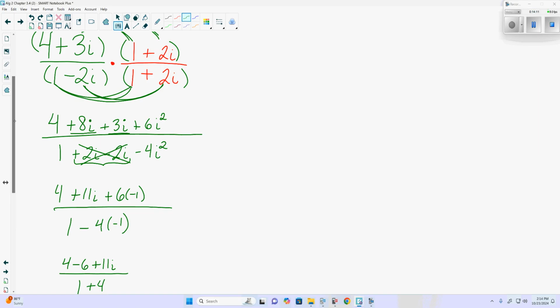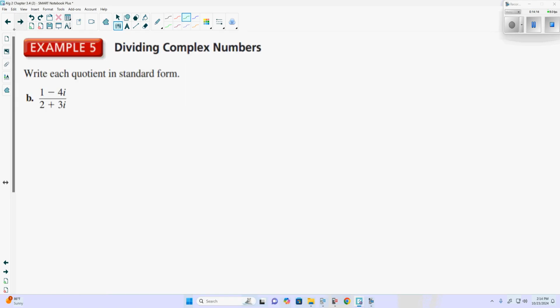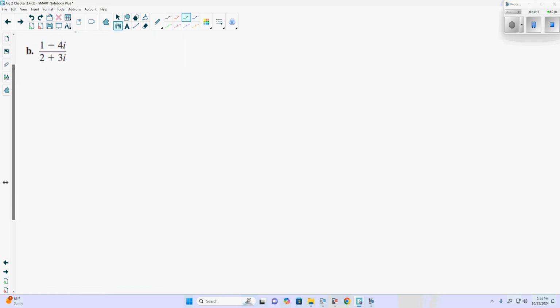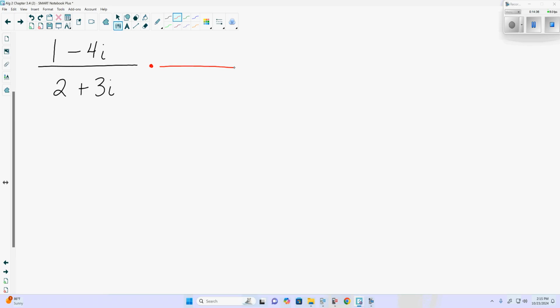We're going to look at one more, multiplying it out, and then we'll look at it with the calculator. So the other one we have on the front is 1 minus 4i over 2 plus 3i. Again, I'm going to rewrite it so it's a little bit easier to see. You do not have to rewrite it, because I think relative size-wise, it's a little bit larger on your paper than it is on that screen. Okay. So again, we need to get i out of the bottom of the fraction, and to do that, we're going to multiply it by its complex conjugate,